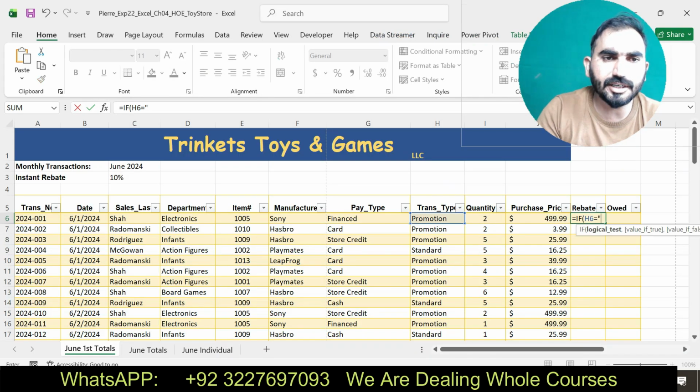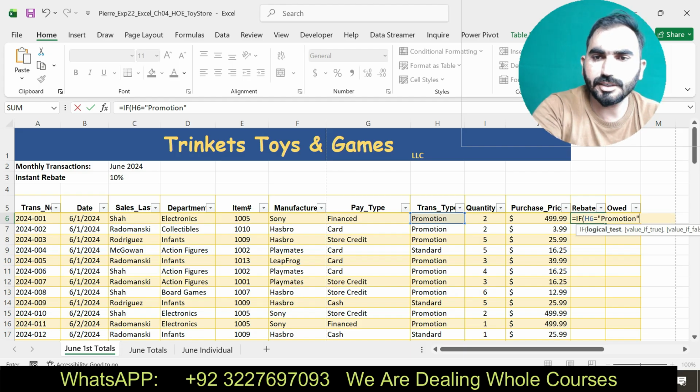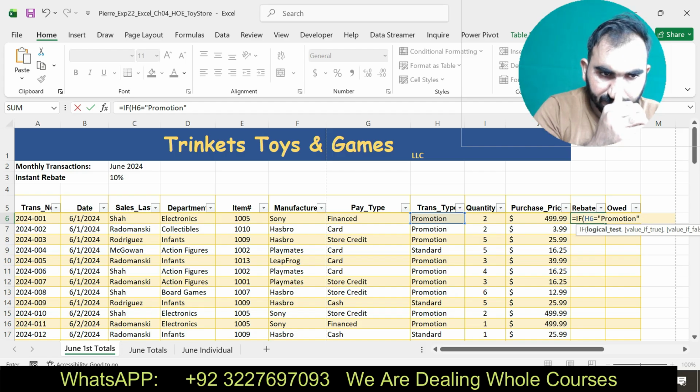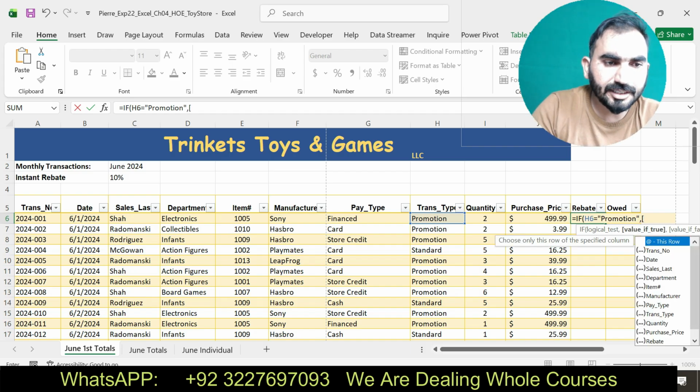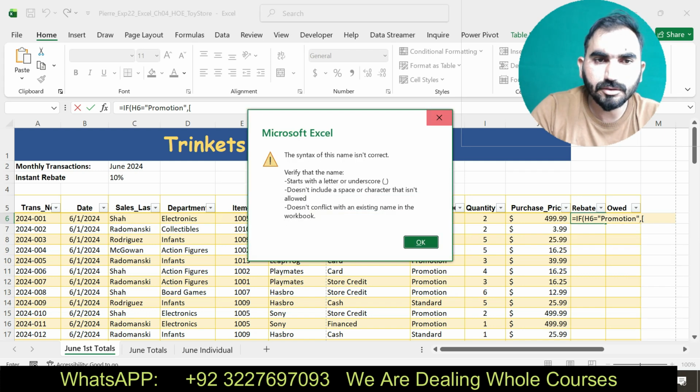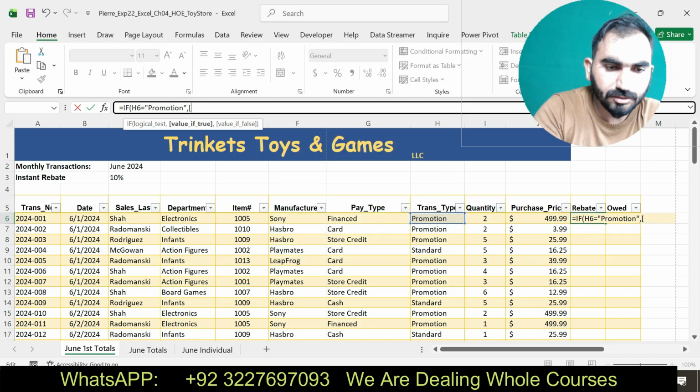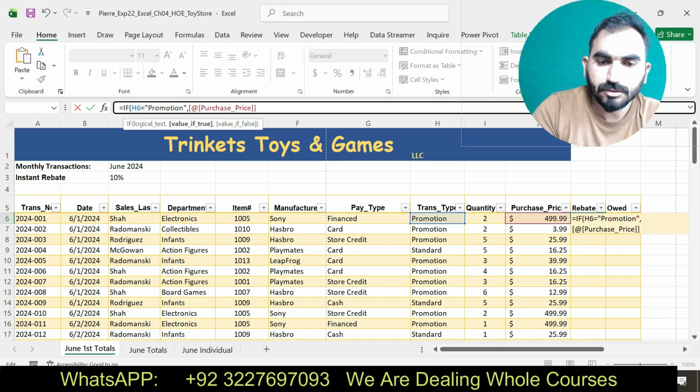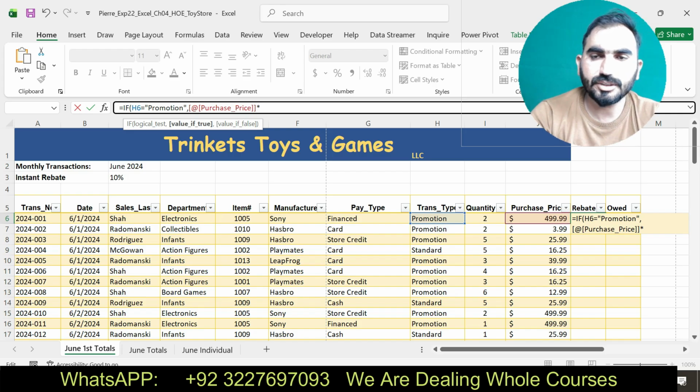Okay, I am going to insert an if function to find the value. If promotion at 6 is equal to okay, then let's say purchase price multiply by, here you can see I am going to insert an if function to find the value for the rebate.